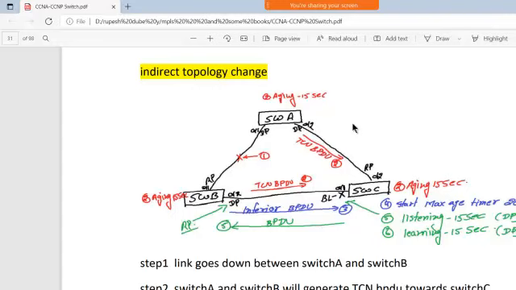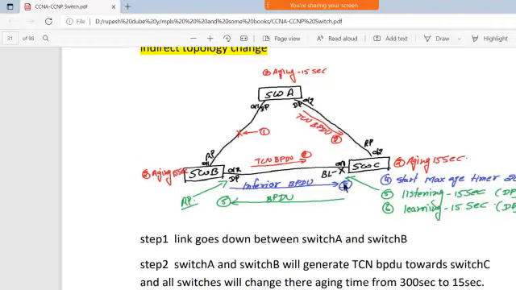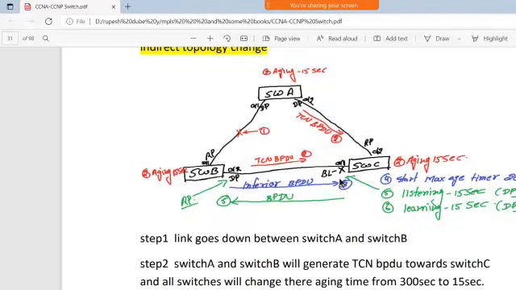So once the 20 seconds end, then it will start electing this port as a forwarding state, right? So how is this going to happen? Because this is going to start electing itself as a root bridge, right?